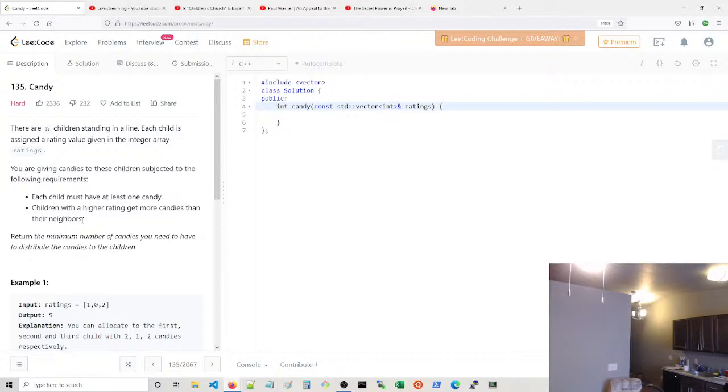what if you had like 1, 2, 3, 4 or 1, 2, 2, 2? I guess you could just compare. I mean, can you do just a simple one pass left to right? I don't know, if you had like 1, 2, 2, 3, 4, or 1, 2, 3, 4, right? So 1, 2, 3, 4, you do 1 candy for 1, and then you would look at 1 compared to